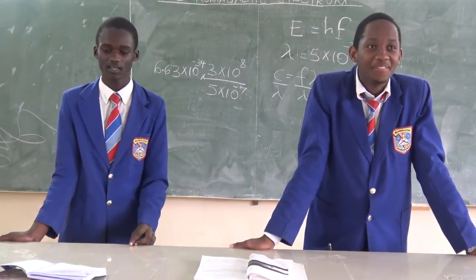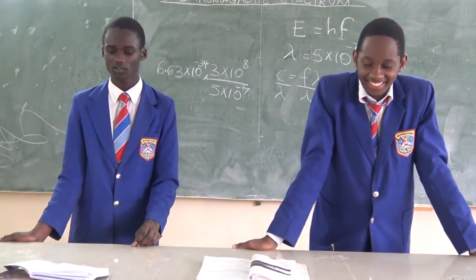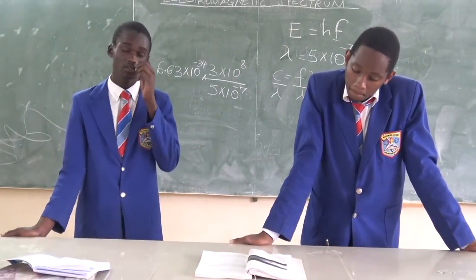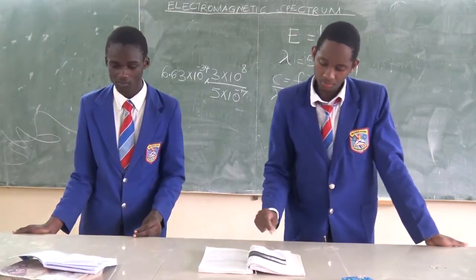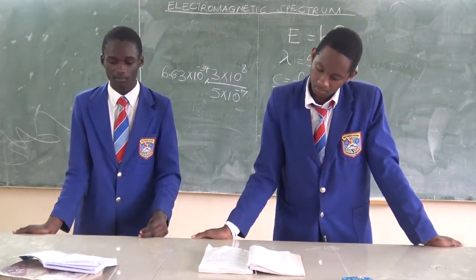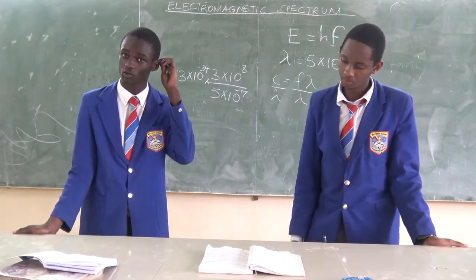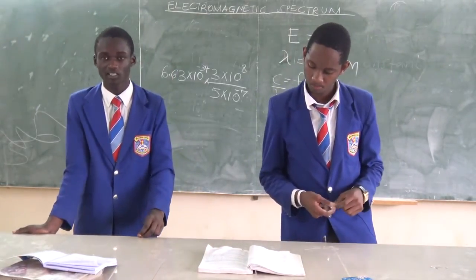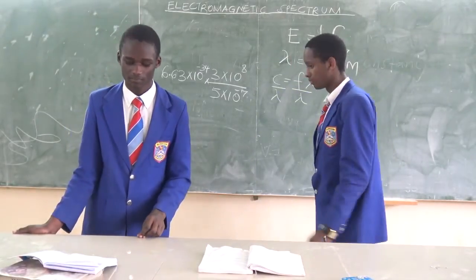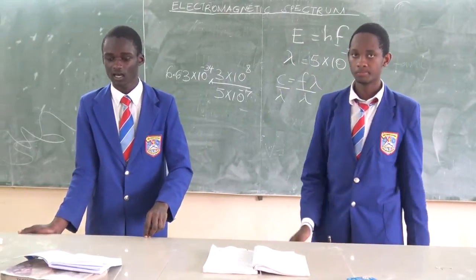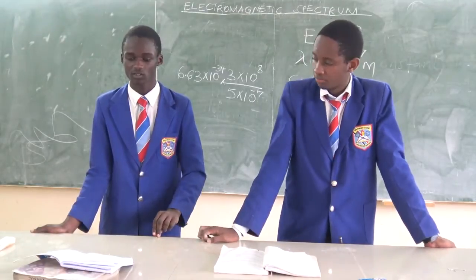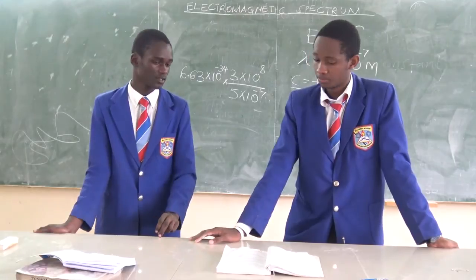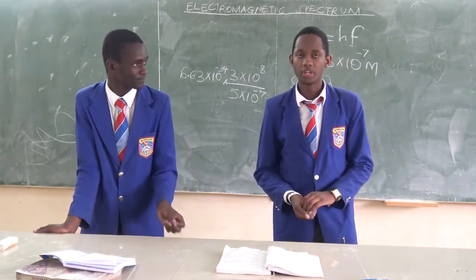X-rays are produced in an X-ray tube and are detected by photographic film and a fluorescent screen. The uses of these X-rays in hospitals: they are used for cancer therapy because they are capable of killing malignant growth in body tissues. They are also used for controlling pests or germs by radiation. Another use, they detect forgeries in art, and they're also used in crystallography, which is the study of the crystal lattice of components. Okay, we can move on to